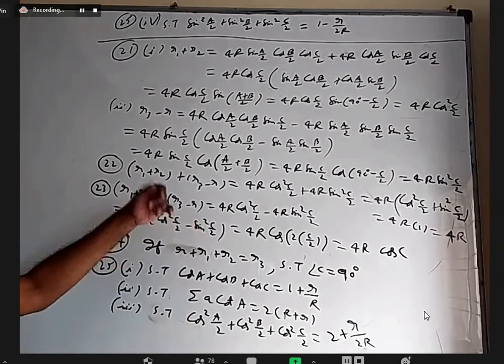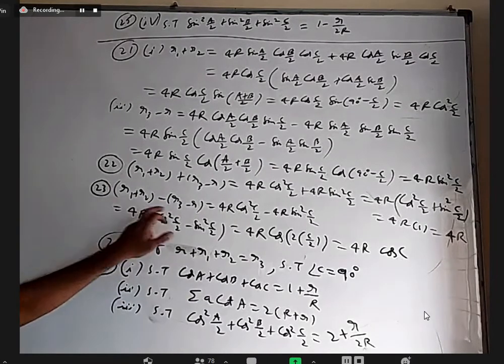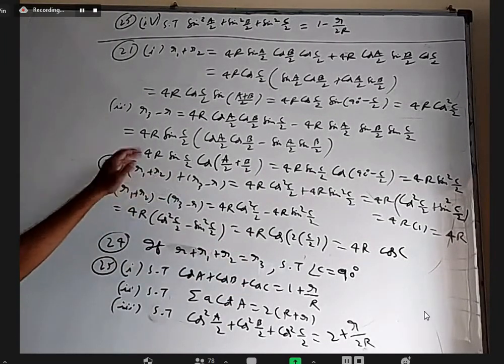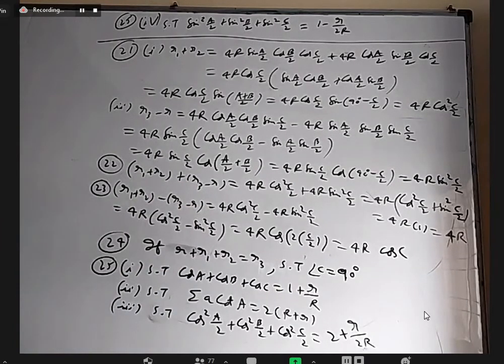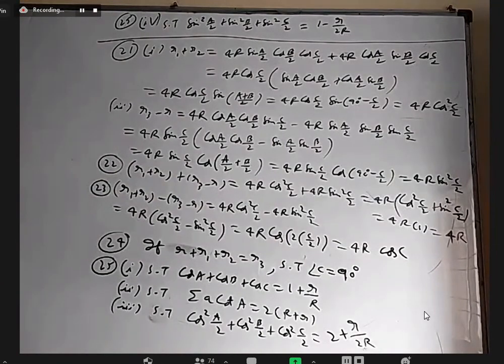Here in some questions, sometimes we are using the previous result, but in the actual board exam, if a question is given, the previous result is not a formula, you have to derive it. For example, R1 plus R2 equals 4R cos square C by 2 is not a formula. If this question is given standalone, you have to prove all the details. Okay, up to 23, everybody completed? Yes, sir. Yes, sir.